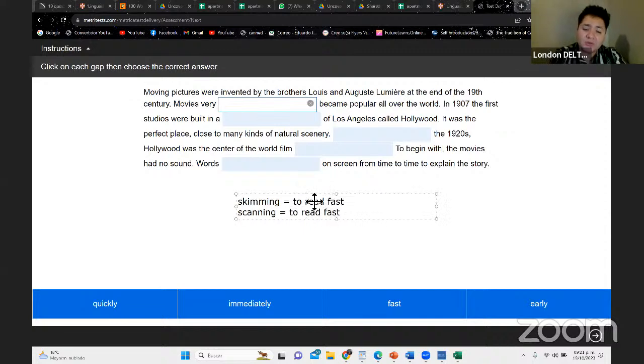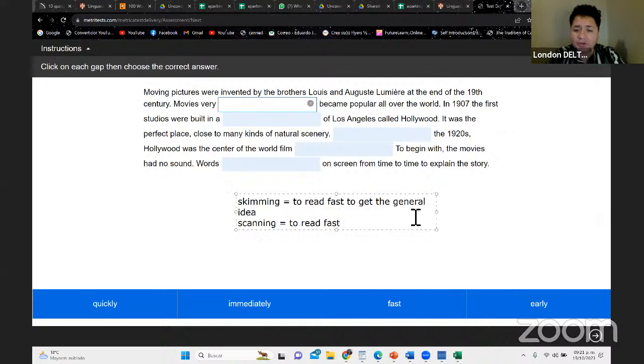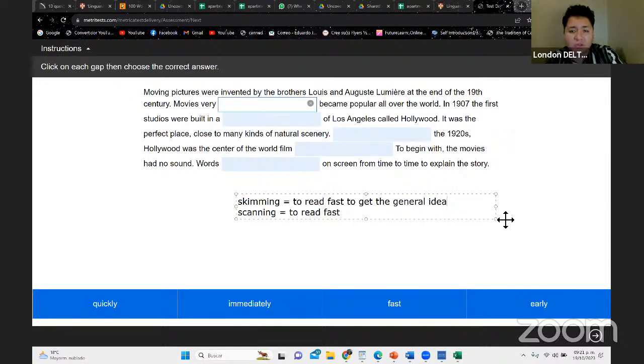What is the purpose of using skimming? When you skim, you're reading fast to get the general idea, to have a general idea of what you are reading. Okay, let's think about the next example. Imagine that you have a, I don't know,